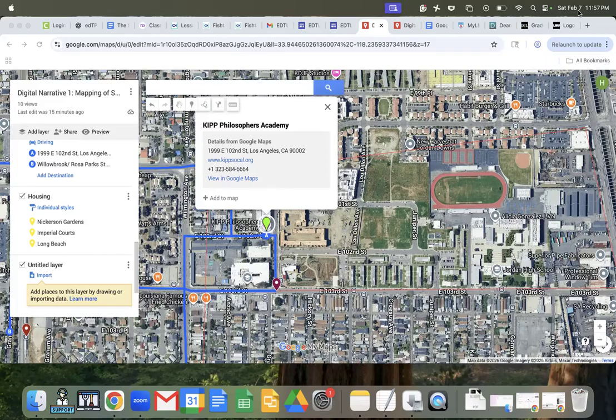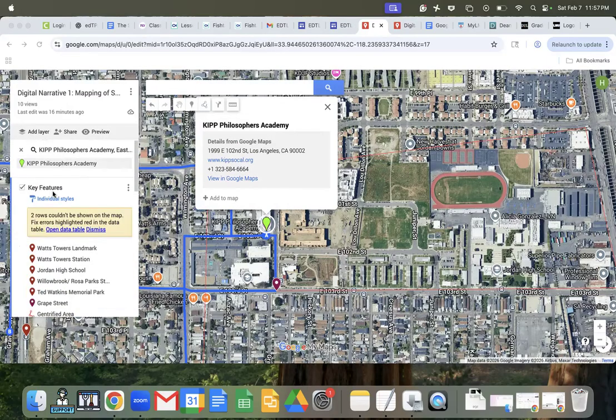I am recording my digital narrative one mapping of the school community video. I'm focusing on determining the boundaries of the school community and the landmarks that shape the students' everyday life. So, starting off strong, I have the location of my school, my job, where I work, where I dedicate most of all my time. When I zoom out on the map and go to my key features, I have Watts